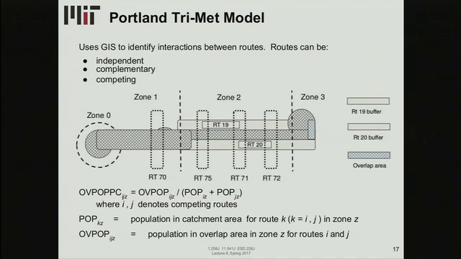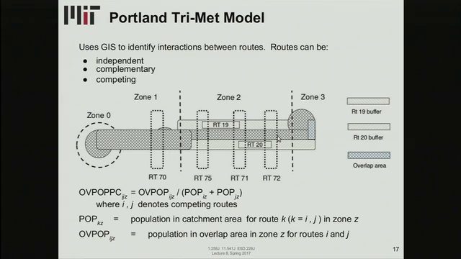Here's an example from Portland TriMet from that paper. You have Route 19 and Route 20, which run in this diagram kind of east-west. So Route 19 runs along this line right here. And for each bus route, we have a catchment area. So Route 19 captures this part on top and also this middle part that is shaded both ways. And then there's Route 20, which runs along this line, and it captures people here and also people in this area. So this area in the middle is